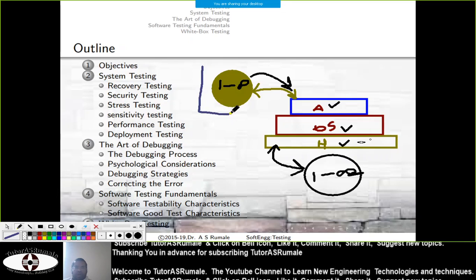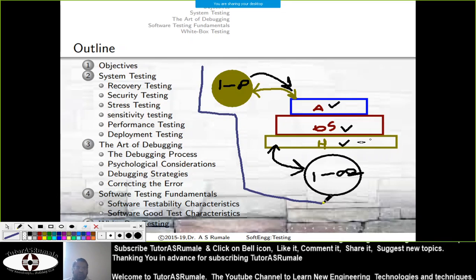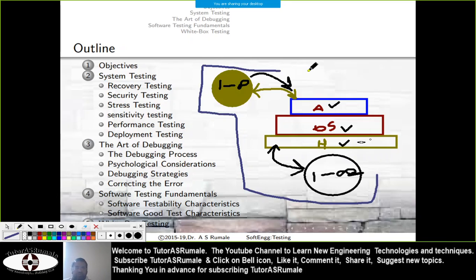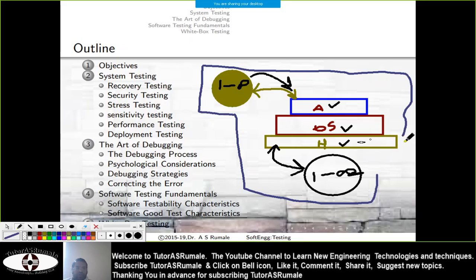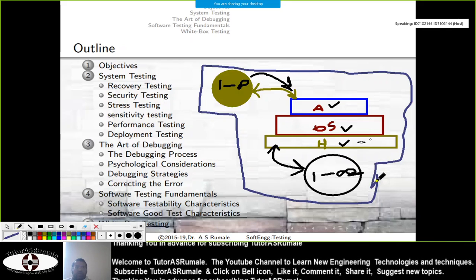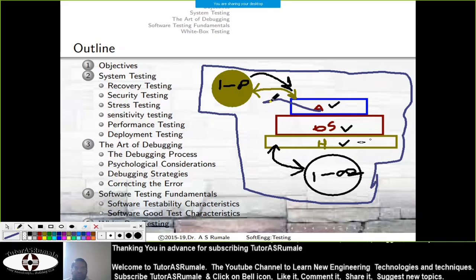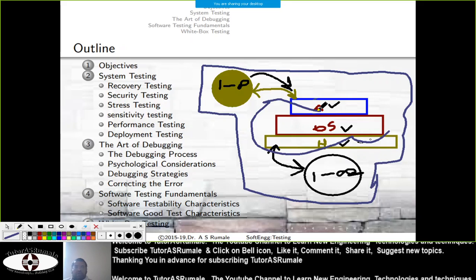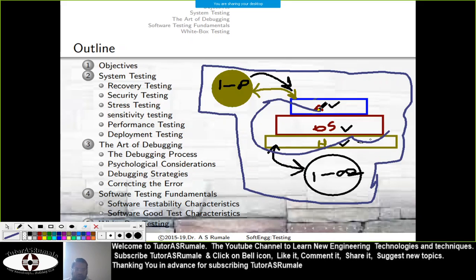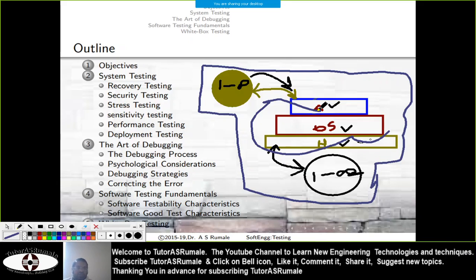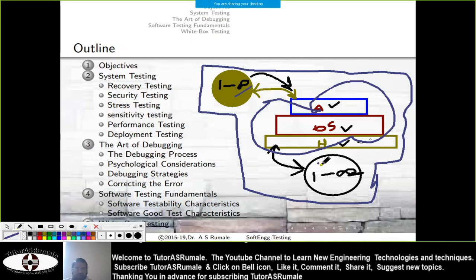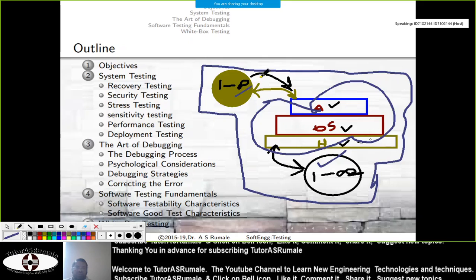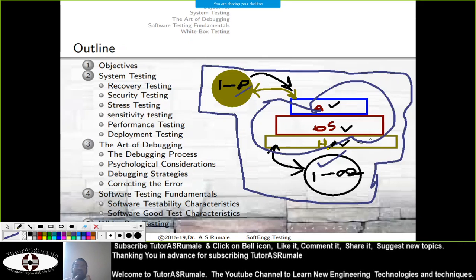So this is your entire scenario. Here you have your own system, that is your computer. Then here you have your user systems, and here the other external systems. Together they form a system.